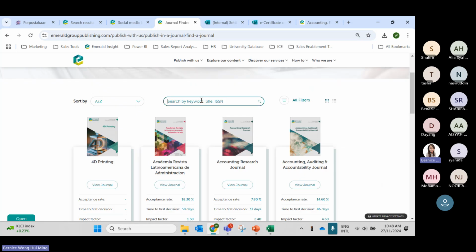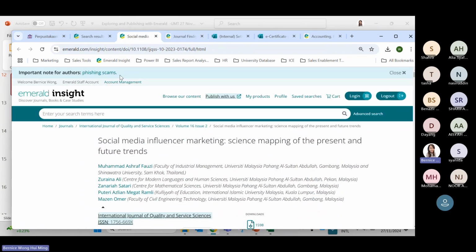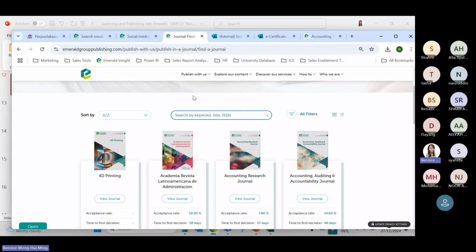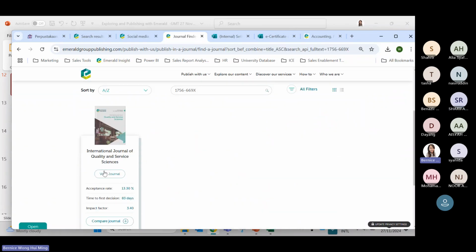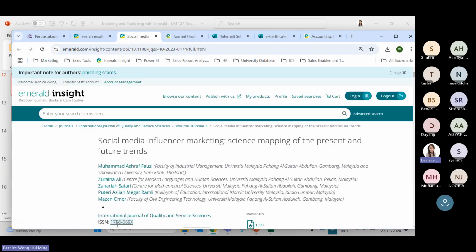You can start to type the keywords and title, ISBN. Just now the title, ISBN, right? Pull down this bit. I have this article. So this is the journal name and the ISSN. Like just now, after you have read some article, you think this is important, you can straight away copy this ISSN to this journal finder. You put in here. It will straight away link to the journal that you can consider to publish because you already done the research or you already done the reading. Okay, so this is one of the methods that you can get the journal name and the ISSN to put in here.